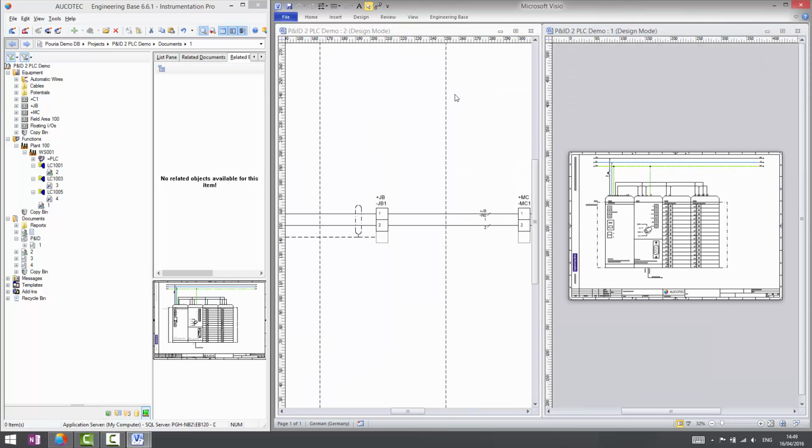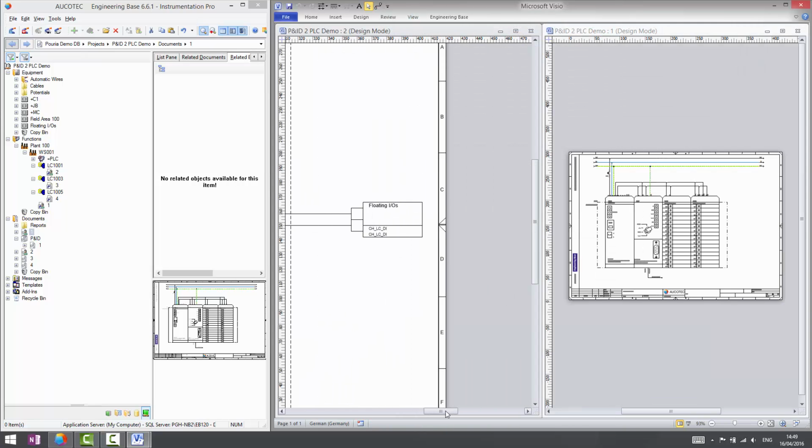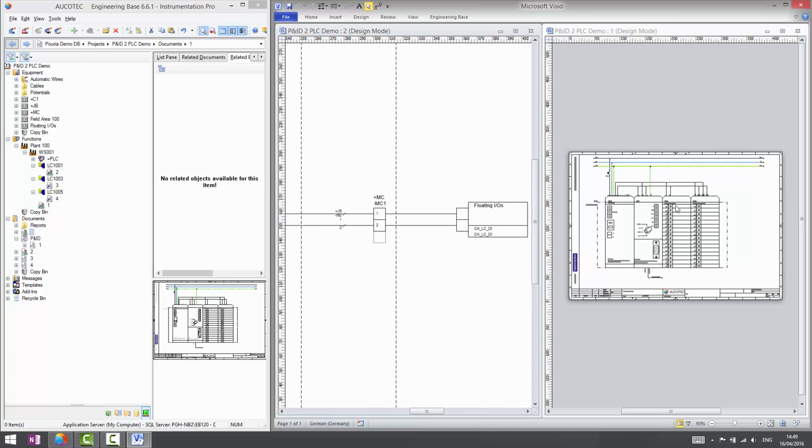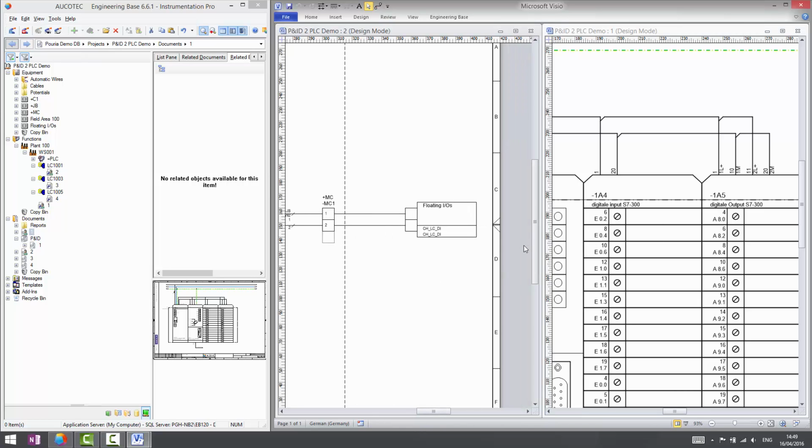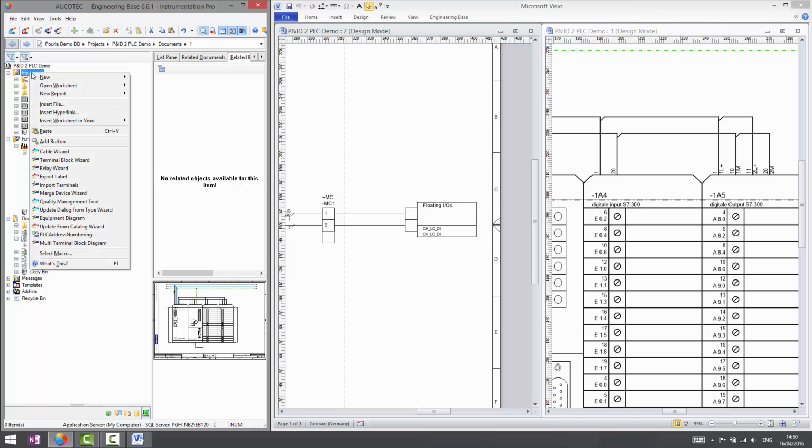I can put them both in parallel. So left side is my I/O and the right side is my controller, and my target is to assign this I/O to this controller. For that reason, I will use my merge I/O wizard,